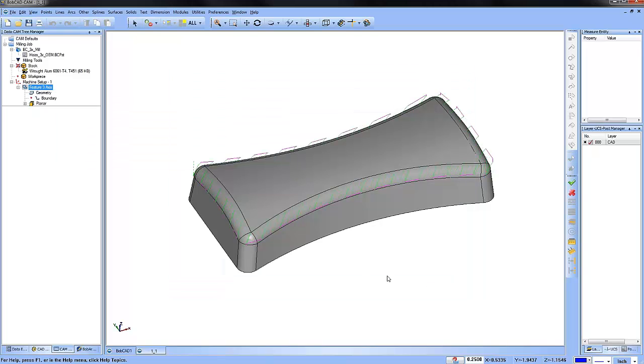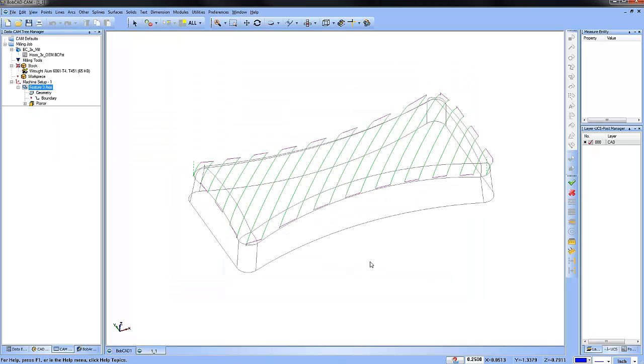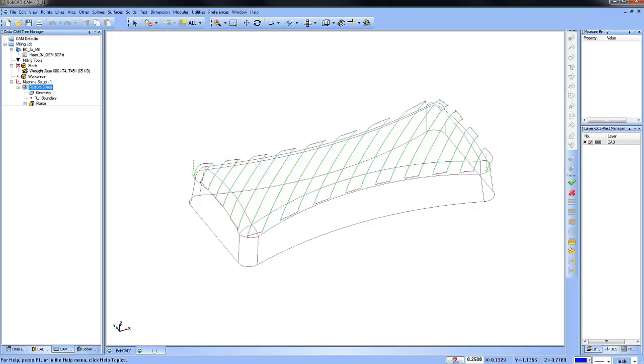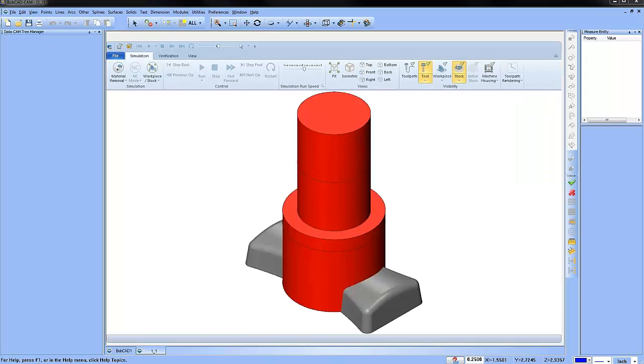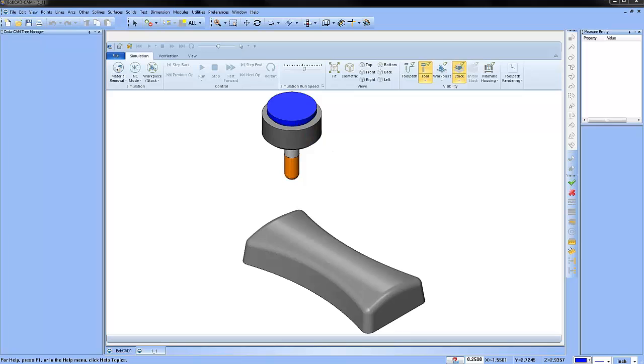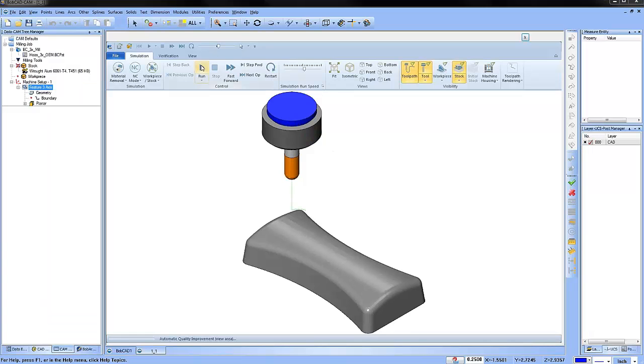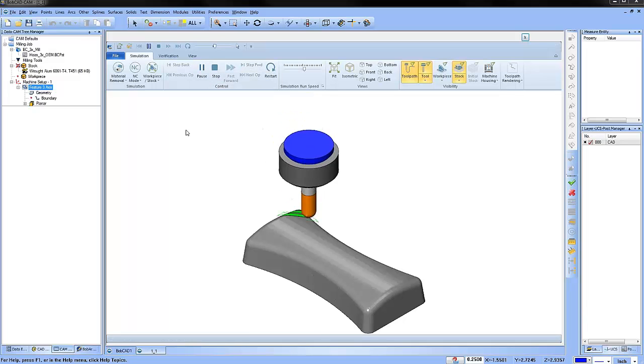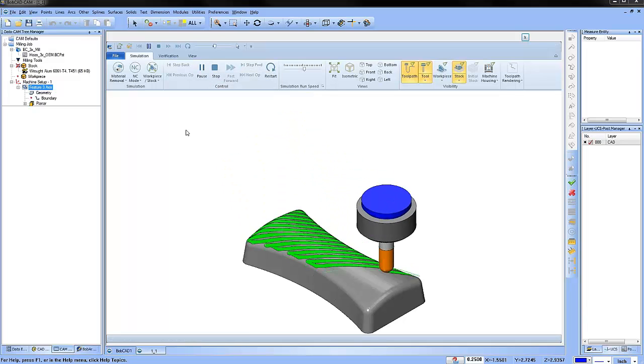Normally we're trying to get the step over really close together, that way we get a nice finish. In this case, we want to leave the tool marks. So in this example, we use negative allowance, we spaced out our step over a little bit, and we use just a planar toolpath. And this concept we're going to be able to use with our other standard toolpaths to create some really interesting looks. Okay, so we're going to run this through the simulation again,